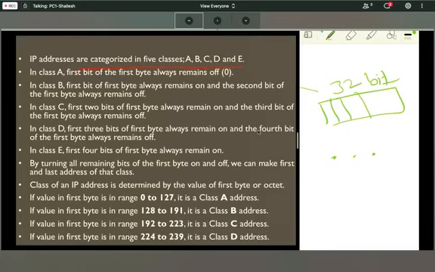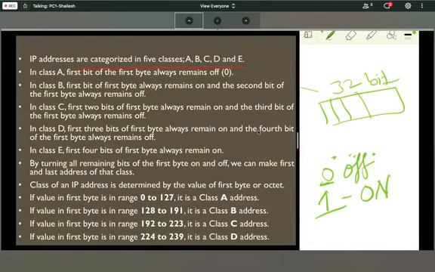So IP addresses are categorized in 5 classes: A, B, C, D, and E. In class A, the first bit of the first byte always remains 0, off. 0 means off, and 1 means on.